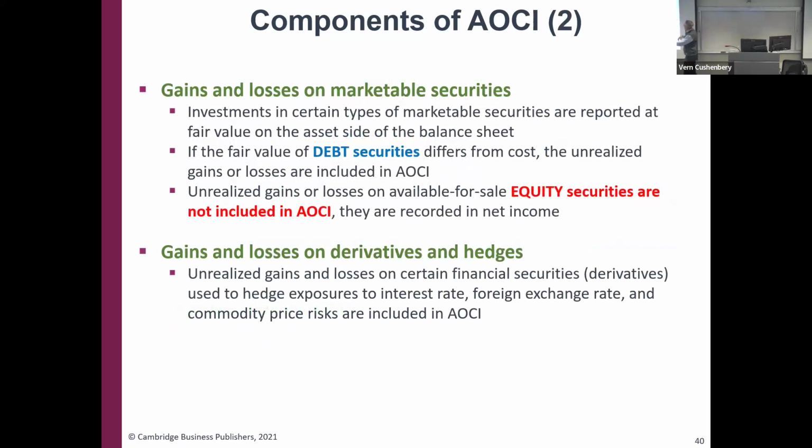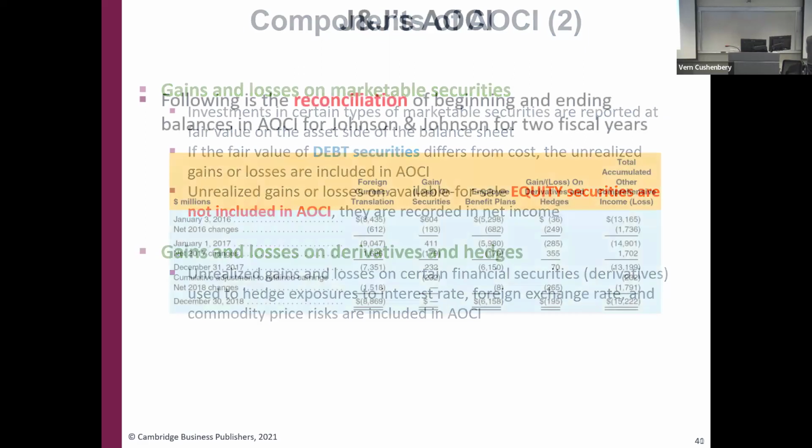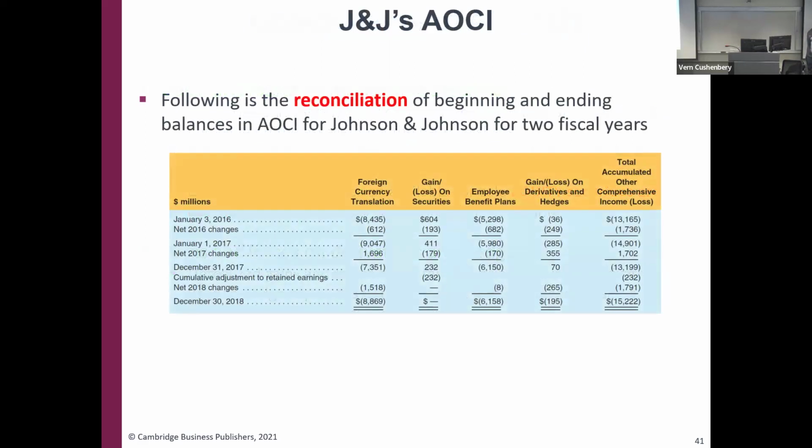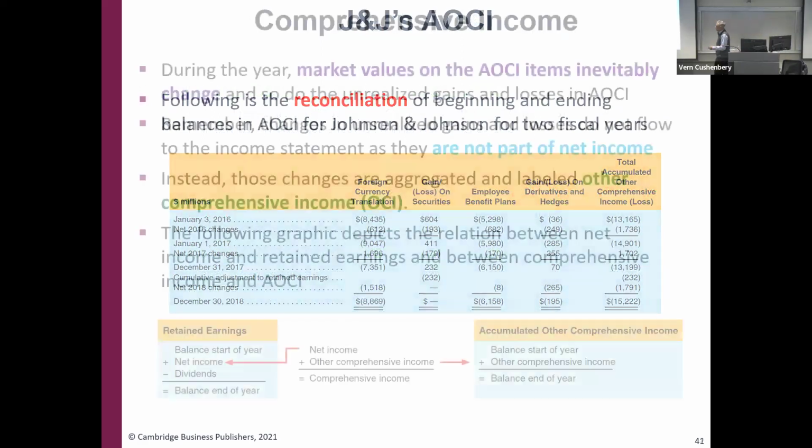Other gains and losses on equity securities, if we happen to hold those, go in the junk drawer. Gains and losses on derivative hedges, those go in the junk drawer. A good example of this might be Southwest Airlines. They buy so much jet fuel, they need to hedge that out over time, and sometimes they'll do that for a period of 3 to 5 years into the future. Those hedges can fluctuate wildly. We put those in the junk drawer. And then you'll see a reconciliation of all this in the back of the 10K, just like with everything else. Find this table, understand what's on it, and dig into the fine print if you need clarity.